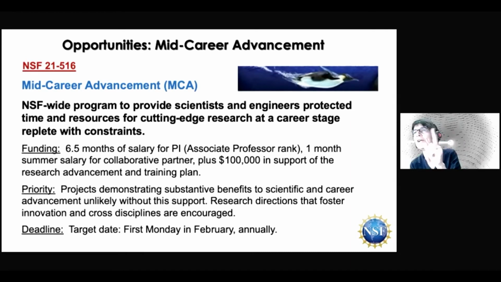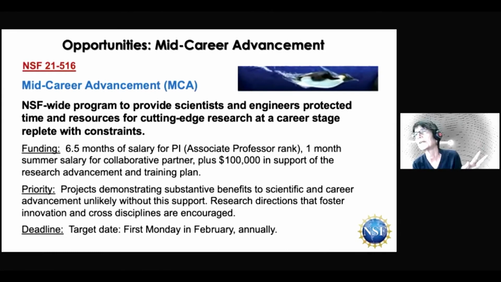Okay. So basically what we really want to see here is that this new training year, basically this new research year that this PI has gained, is really going to help them make it to the next stage and be promoted to full professor. It's really going to invigorate their program, make them highly competitive for promotion, develop a new network of co-investigators or collaborators, and foster innovation across disciplines.